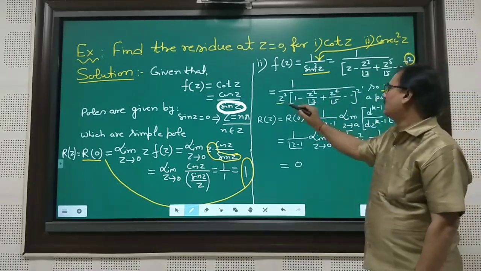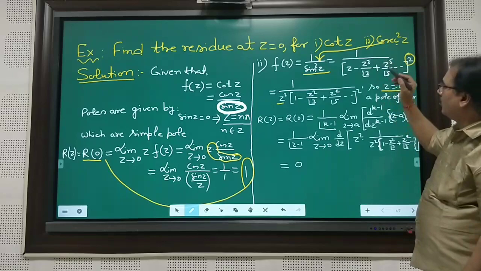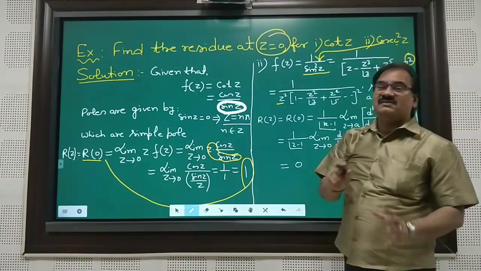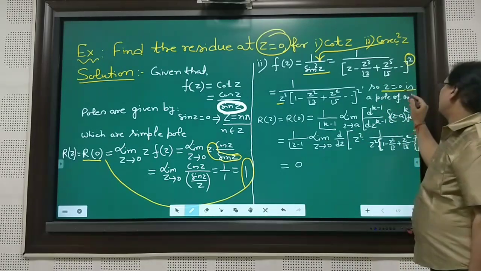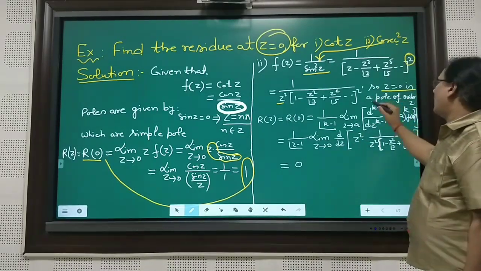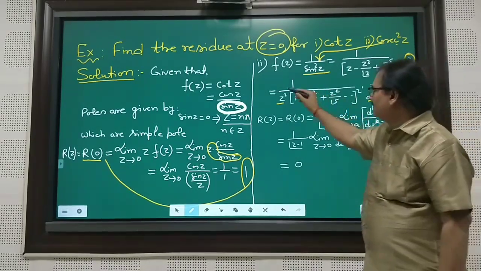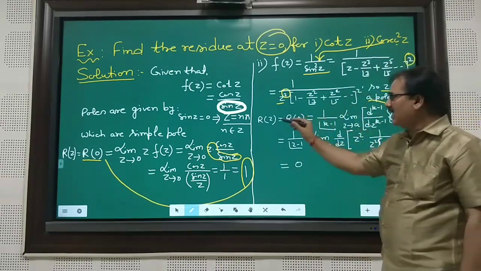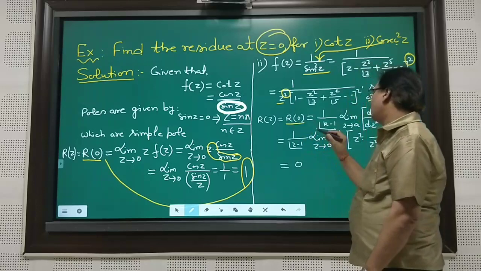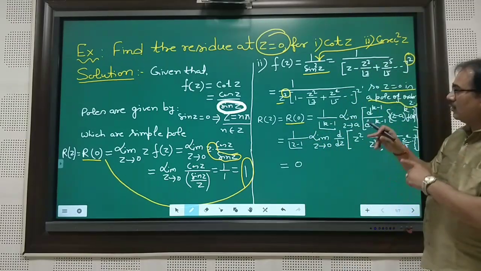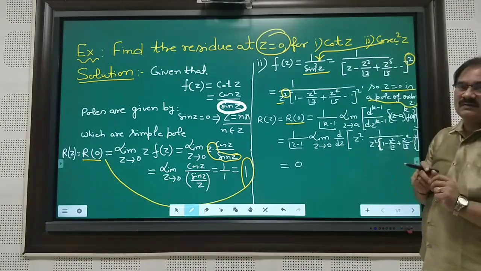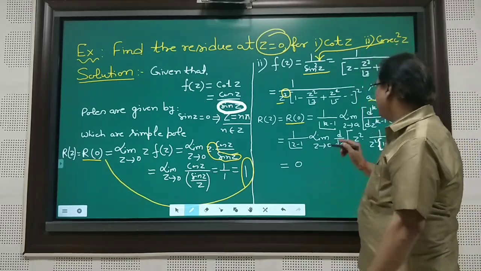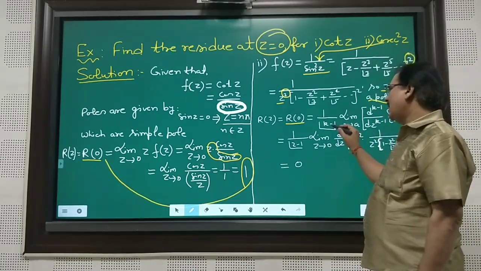Again you can look, z equal to 0 is a pole. Why are we always talking about z equal to 0? Because it is given, it is desired. Okay. So now z equal to 0 is a pole of order 2, because of this square factor. Now it means R(z), you can write R(0) is equal to, now go through my previous PPT, where I have already mentioned that this is a very important formula. The same formula we can apply here.